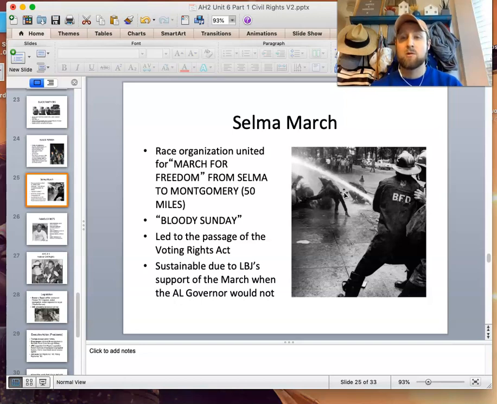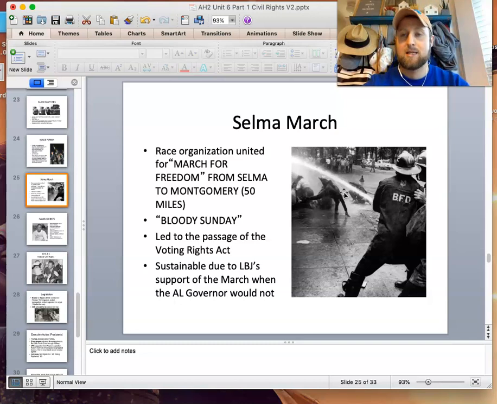So the Selma March, which if you really want to dive into this in depth, I highly recommend the Ava DuVernay movie, Selma, which we usually watch in class. There were about 3 attempts at the Selma March. The first was met with, go back, by the authorities in Selma, Alabama. There was a very racist sheriff there. The second time, they attempt to cross the Edmund Pettus Bridge in Selma, Alabama, and they are beaten. It creates a national spectacle. And then the third time, they try to march the 50-mile march.